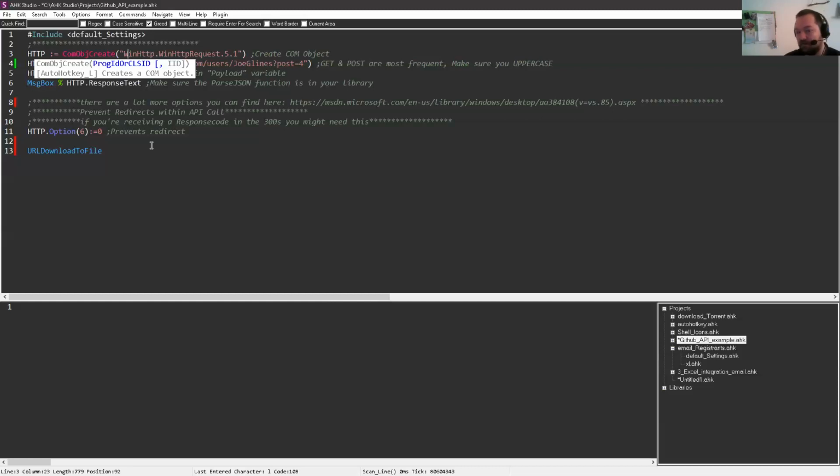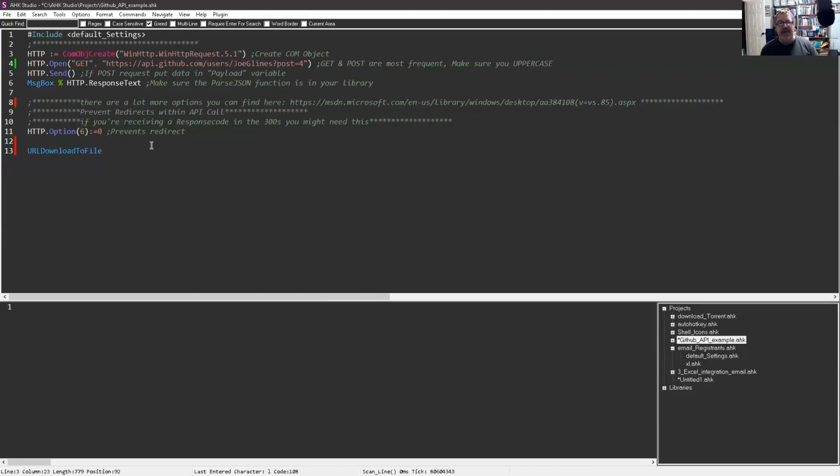And a lot of the time, that's what you want to do. You want to give the API some kind of information, and sometimes it can be done as a parameter in the URL. And if that's possible, you could probably still use URL download to file. But again, if you want to actually deliver a payload in the send, then you're at a loss.